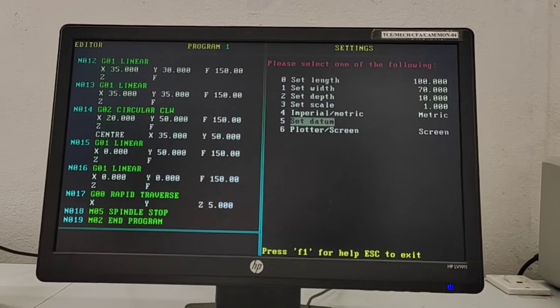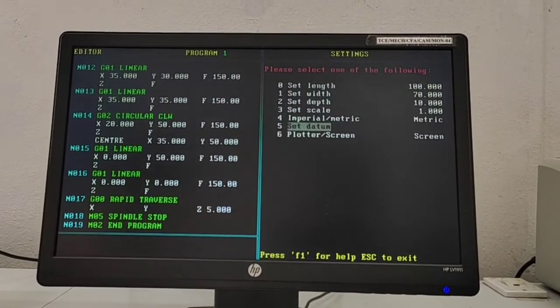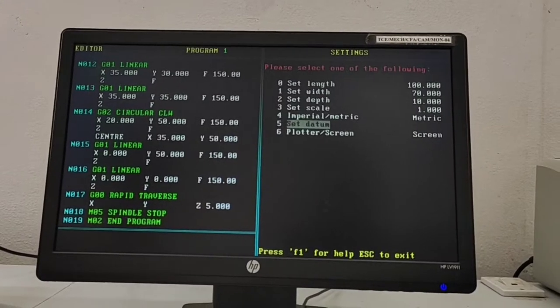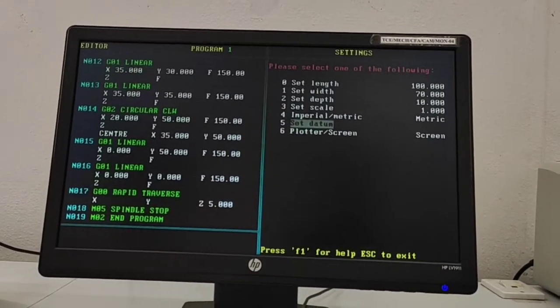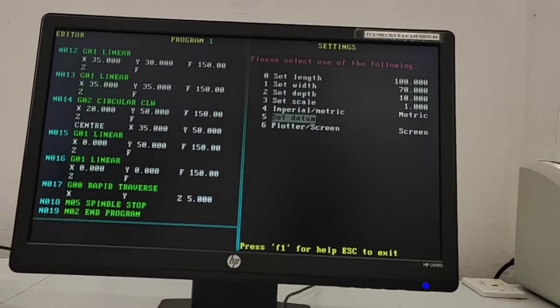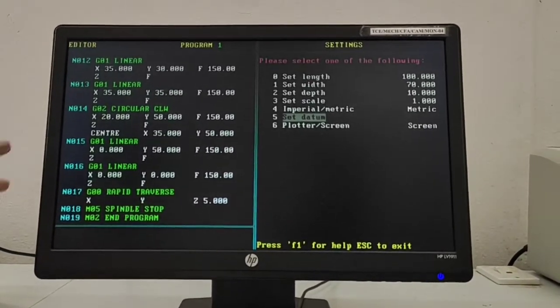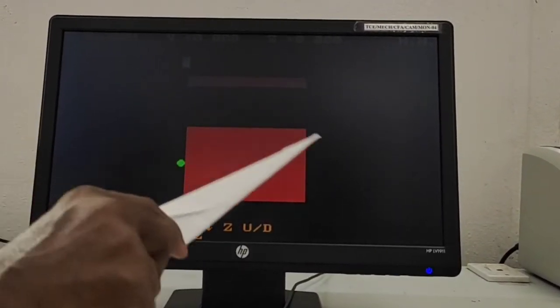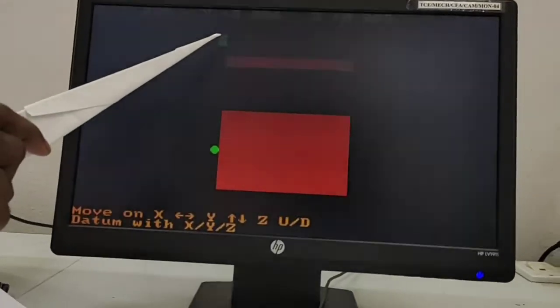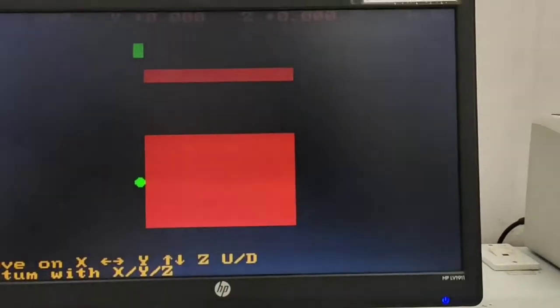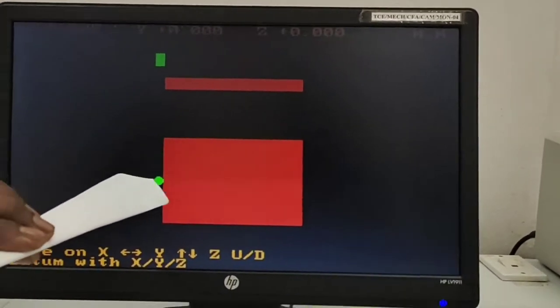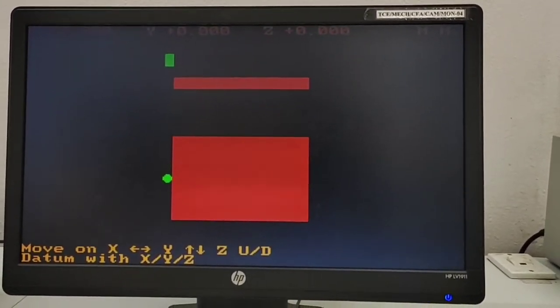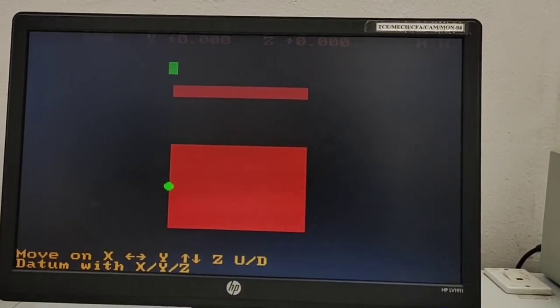This is the only important thing, because set datum is very important. Just as to view the toolpath graphics you have to set the datum point, the same principle applies for this operation, by the selection of set datum. So this is your working area. This is the side view of the tool. This is the face view of your tool. I am moving by arrow key, first in the x and y axis.